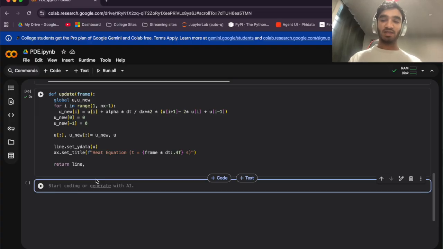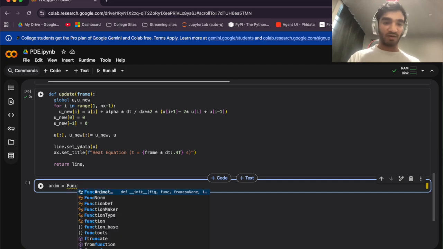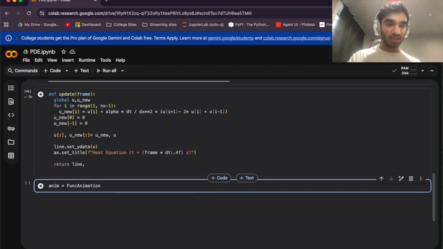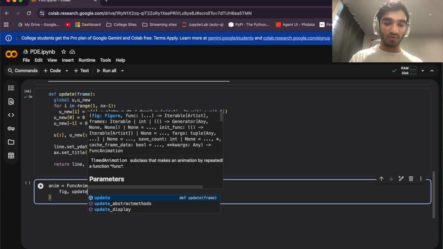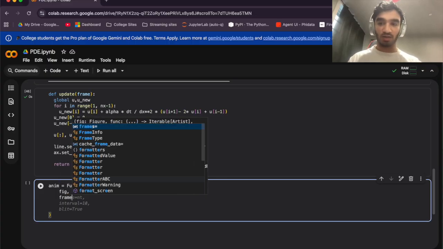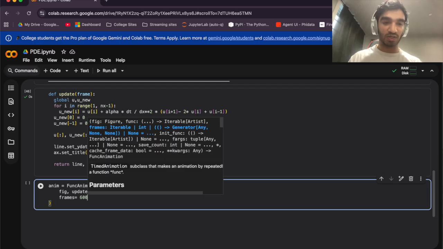So now to actually make the simulation, this is basically the finite difference approximation of the second derivative of u with respect to x. So every point gets updated based on its two closest neighbors, and that's exactly how heat spreads from each point to their next closest points. So now we're going to use matplotlib's animation function to visualize the solution. So we're going to be using FuncAnimation, just like that. And then we'll use fig, update. We'll call 600 frames,